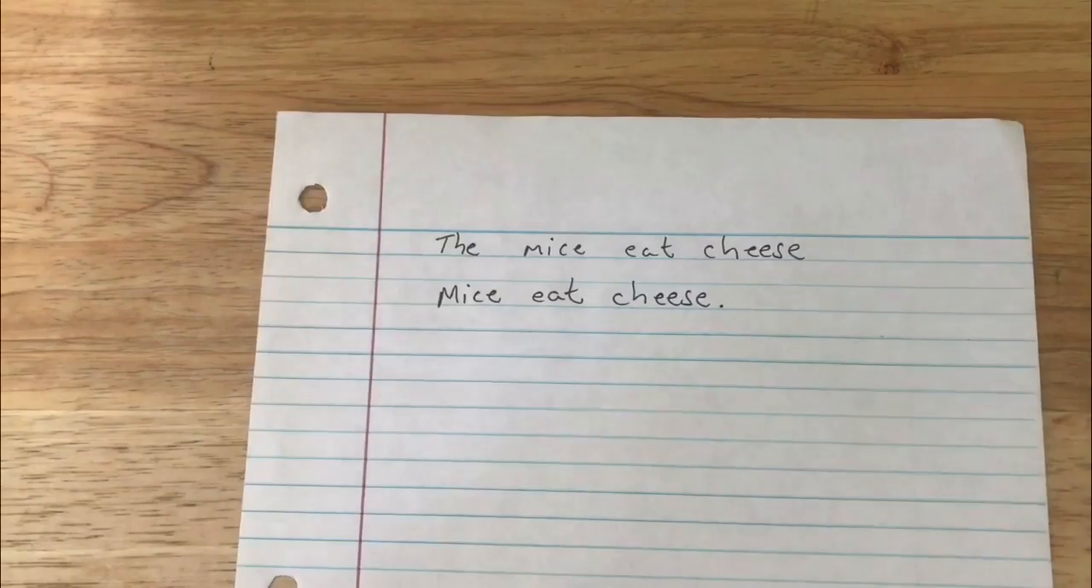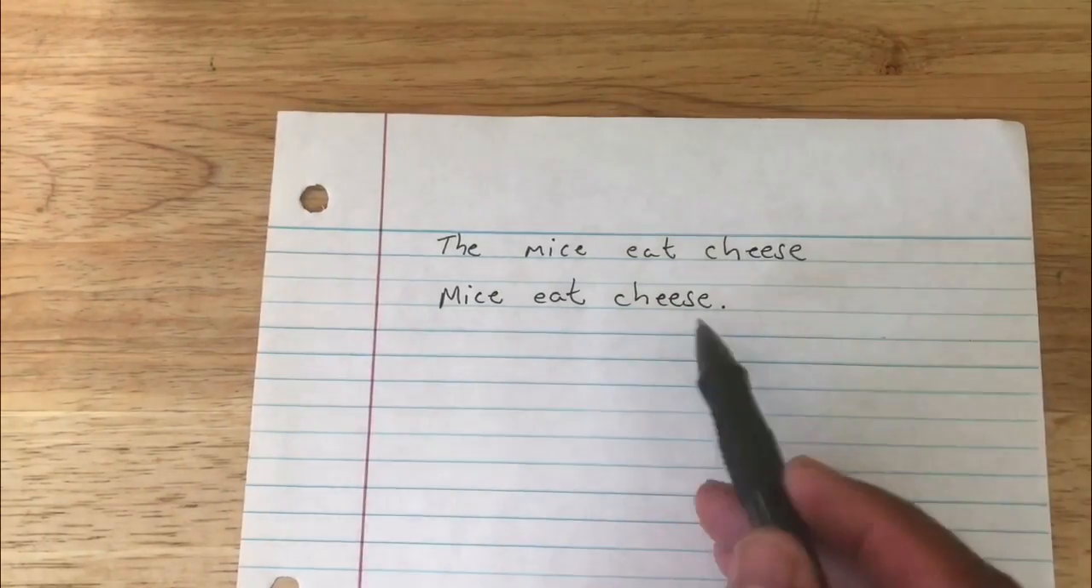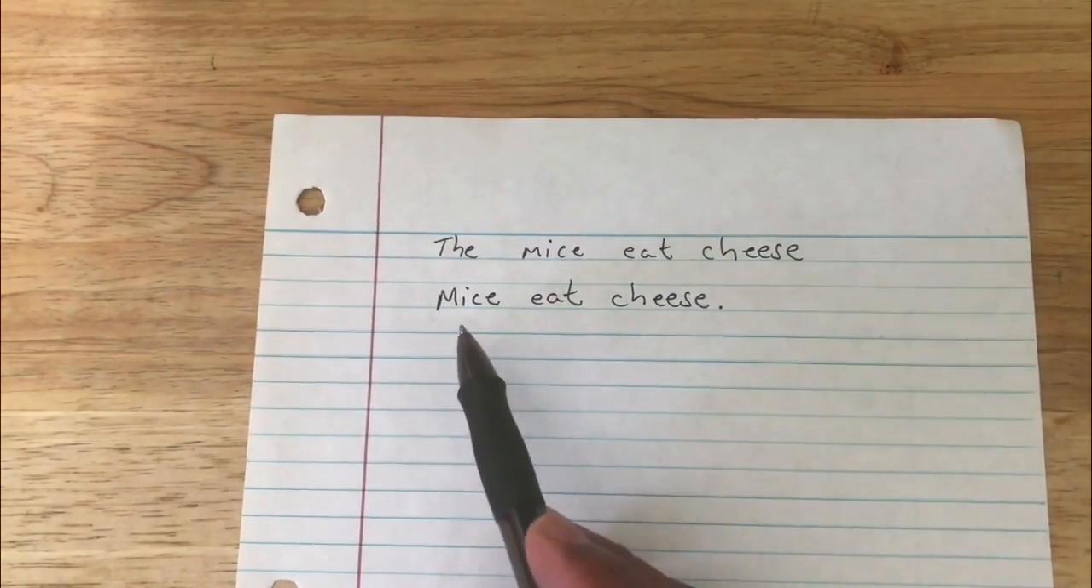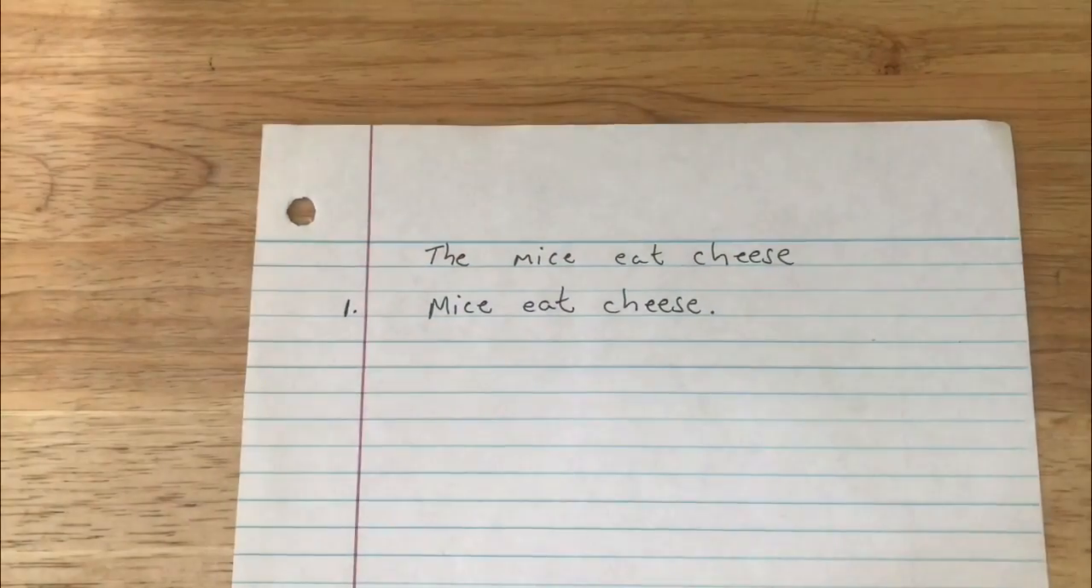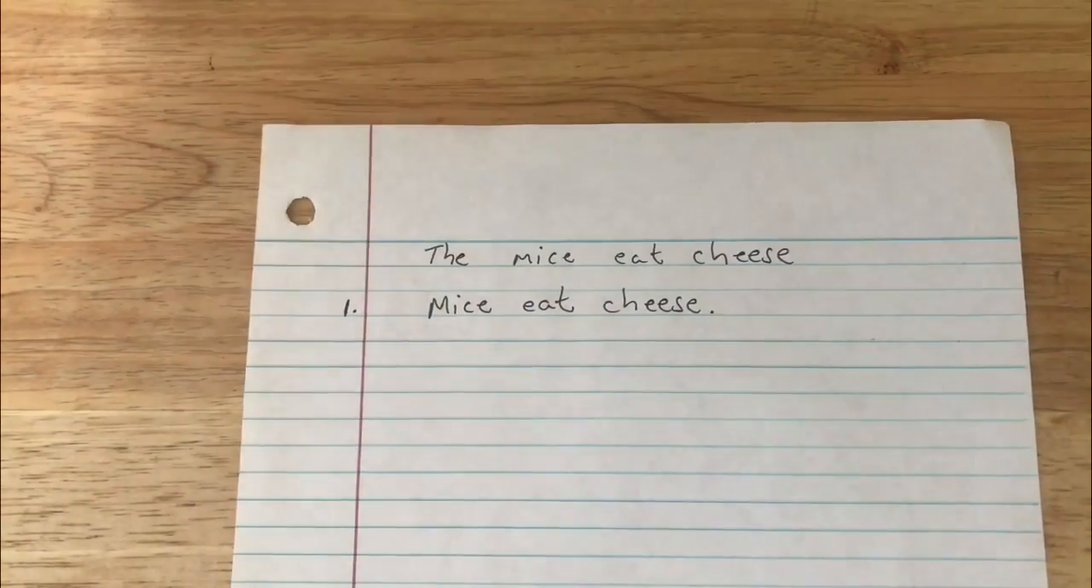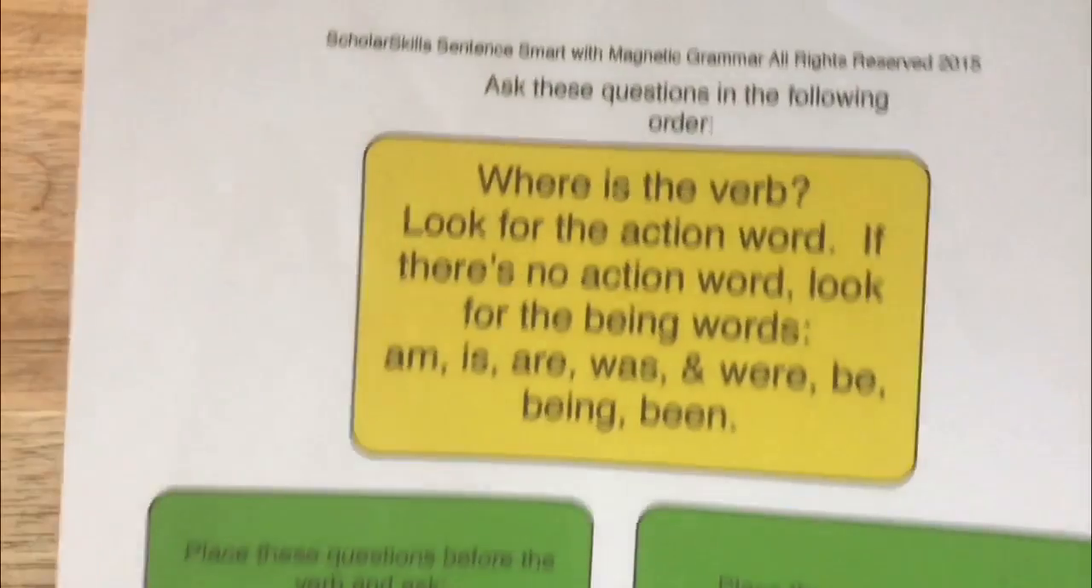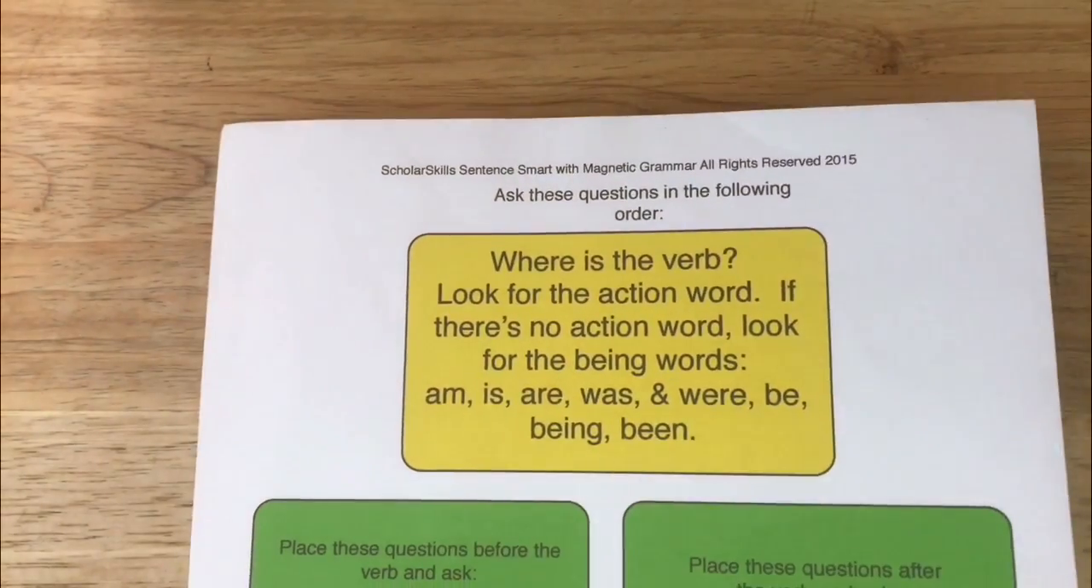And you're gonna have a whole bunch of these. So you're gonna write your sentence down in your book. That's the first thing I did. I wrote my sentence down. Sentence 1. Mice eat cheese. Okay, good. Now I'm gonna go to my sentence smart chart, and I'm gonna ask the first question, which is,